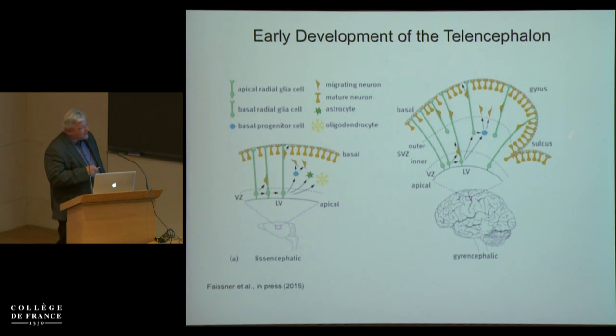In addition, in gyrencephalic systems, we have an additional class of stem cells termed the basal radial glia or outer radial glia cell. We have focused on this compartment in order to understand in more detail roles of DSD1 proteoglycan,